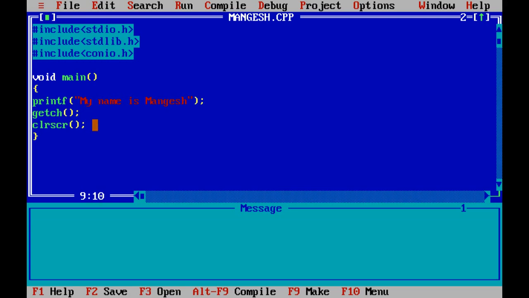So this way we can print a particular sentence or whatever you want to print. Even if you write anything here, it has no meaning to the computer. This printf command is simply to print a particular part of the program or anything you want on the output screen. Okay, that is the meaning of printf.